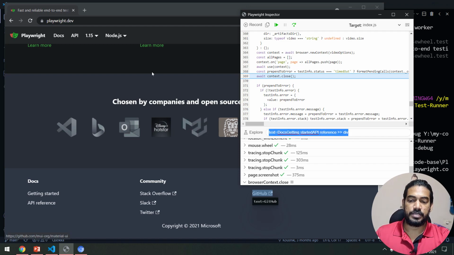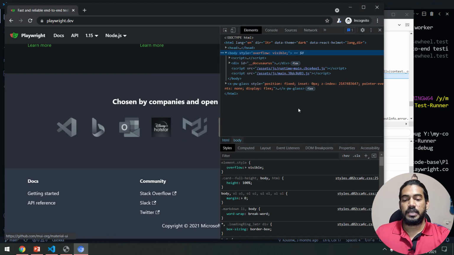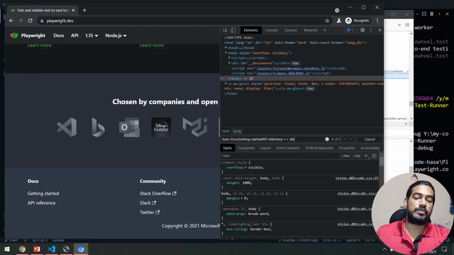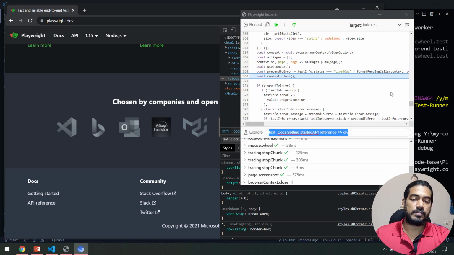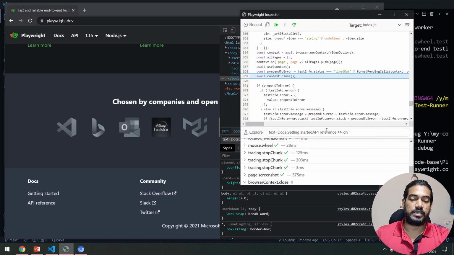So for example, if I copy this and go to the Chrome DevTools and try to find this, of course it will not give me any result, right? Finding elements by ID, name, XPath, all those will work in Chrome DevTools. But the specific locators like above, below, right of, left of, and a few combined CSS are Playwright-specific engines that we cannot find here in the Chrome DevTools protocol. So if you want to find all those elements, probably you can use this debug, and of course you can find them at runtime. I hope that makes sense to you, and it's very easy.